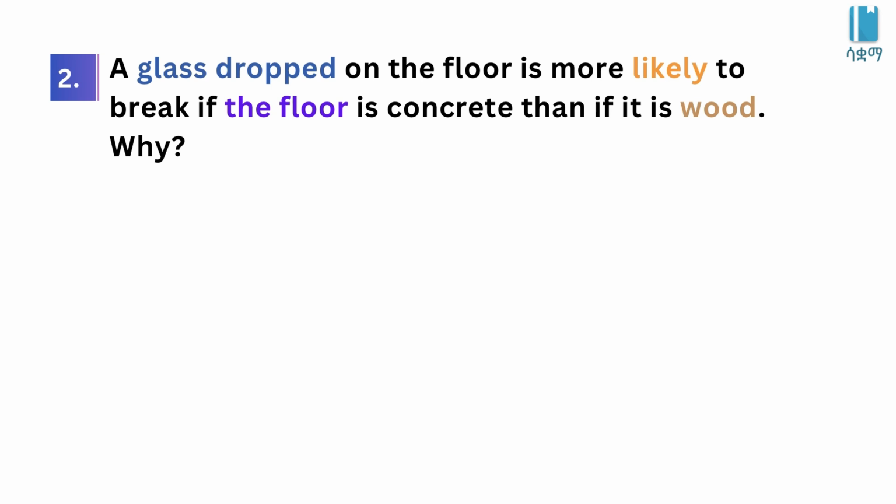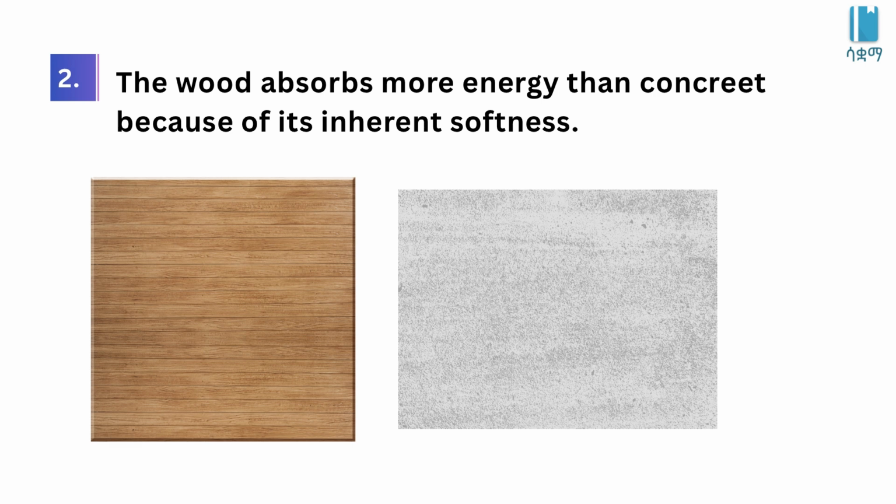ጥያቄ ቁጥር 2 ደግሞ ምን ይጠይቀናል መሰላችሁ? እዚህ ጋር: a glass dropped on the floor is more likely to break if the floor is concrete than if it is wood ይለናል። So እንግዲህ እንደምታውቁት አሁን አንድ ግላስ ለምሳሌ ከሆነ certain height በሚወድቅበት ጊዜ more likely ኮንክሪት የሆነ ማቴሪያል ላይ በሚወድቅበት ጊዜ የመሰበር እድሉ ከፍተኛ ነው ከእንጨት አንፃር ለምሳሌ የሆነ wooden surface በምትወስዱበት ጊዜ ማለት ነው።